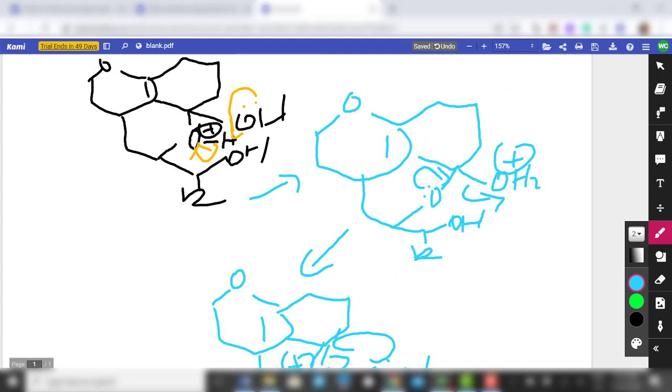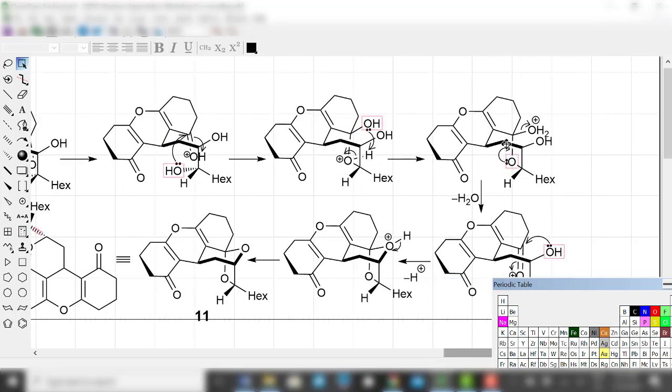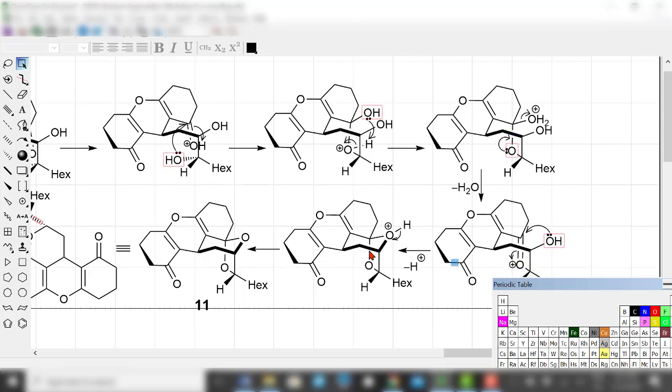So let me go to ChemDraw so that it's clearer for you. Again, the first step involved the protonation of the carbonyl oxygen to make the carbonyl carbon more electron deficient, and then the alcohol will perform a nucleophilic attack. You'll be wondering, is this alcohol better or the other alcohol better? For H3 wise, because there are some specific things you have not learned, either one works. In this case, I just use the one below to attack it first, and then intramolecular proton transfer, and then the H2O will leave, you reform the carbonyl group,